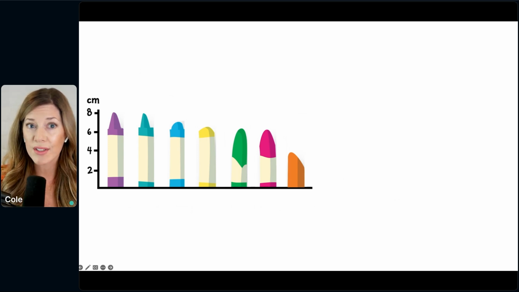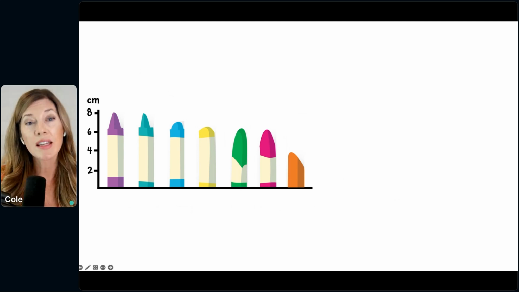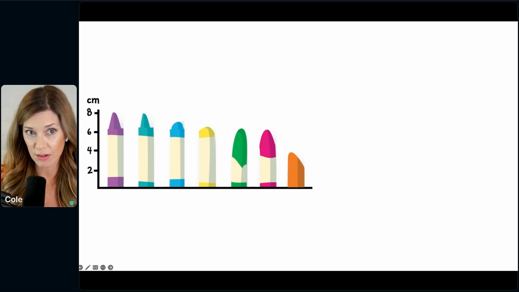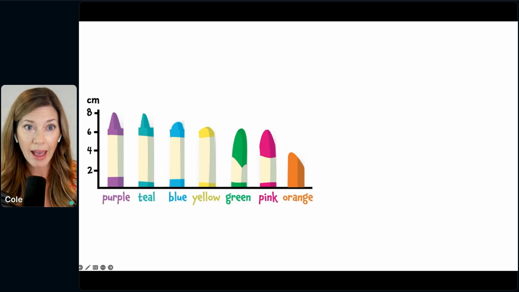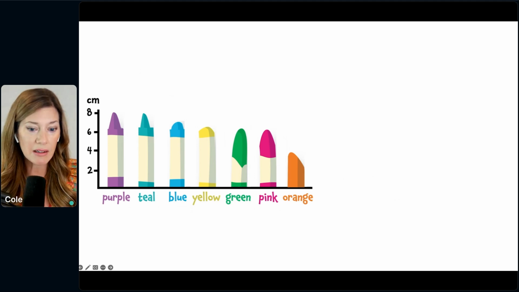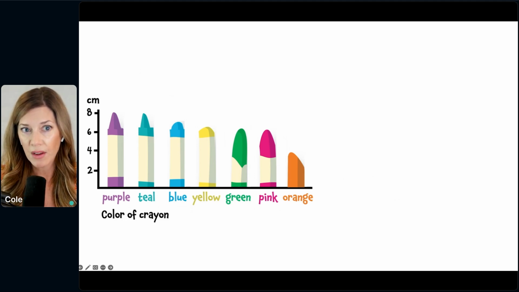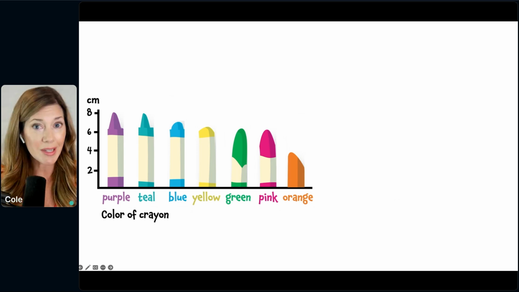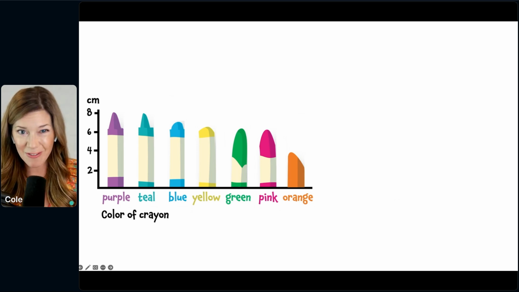Back on the horizontal x-axis, these are where my categories go. In this case, we're looking at colors. So I'll add those words, purple, teal, blue, and so on. I'll also add a title there, color of crayons, so that anybody else looking at my graph knows what we're